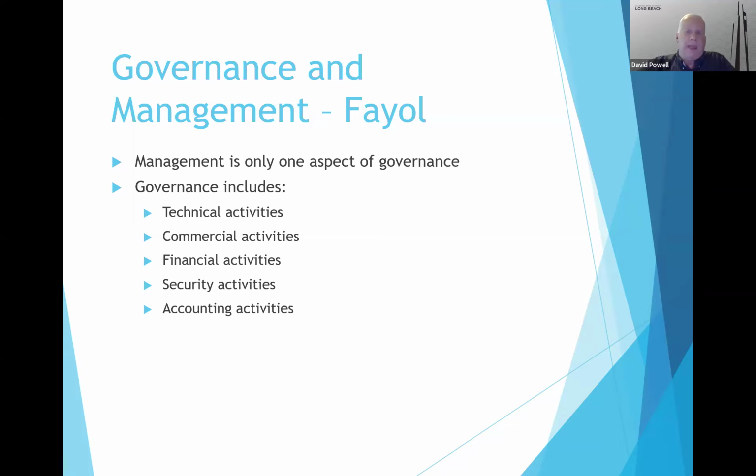So something as simple as, in order to get the daily job done, we may need to go out there and buy desks for our employees. And so we go out there and buy these desks from a private sector corporation. That is a commercial type of activity. Financial activities. We have to manage our finances in order to be efficient and effective as an organization. We have to manage our revenues and our expenditures and hopefully be able to balance those revenues and expenditures if we're a nonprofit type of organization or a governmental organization. So we have to properly manage our finances.